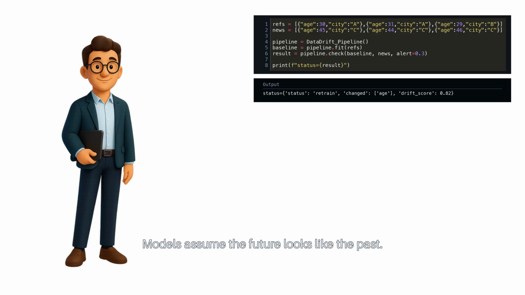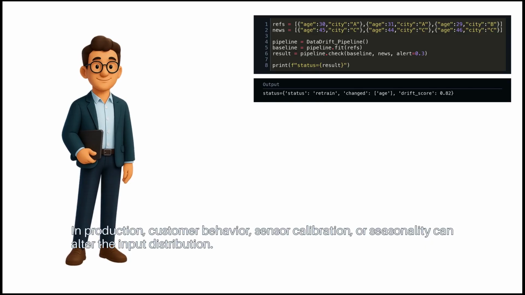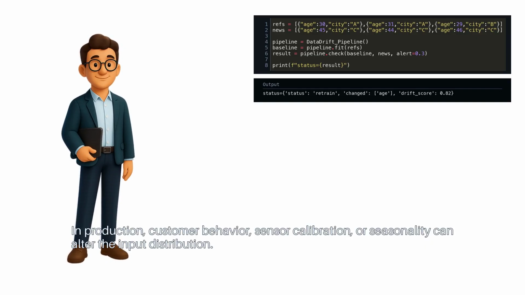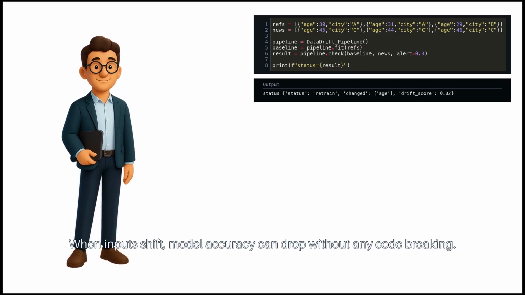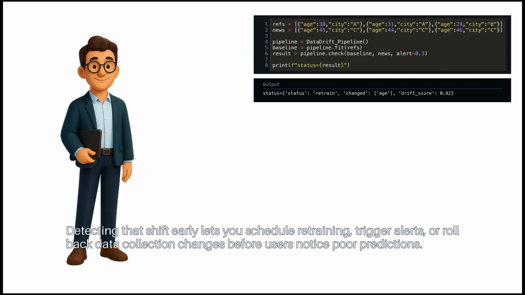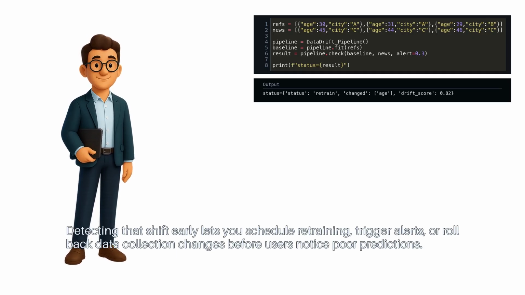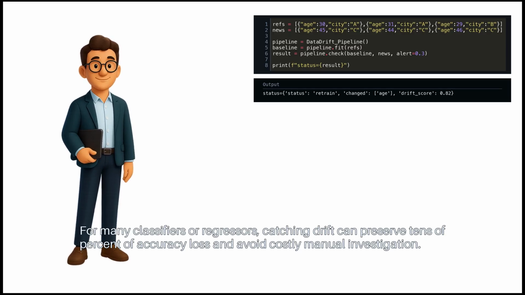Models assume the future looks like the past. That is the simple failure mode. In production, customer behavior, sensor calibration, or seasonality can alter the input distribution. When inputs shift, model accuracy can drop without any code breaking. Detecting that shift early lets you schedule retraining, trigger alerts, or roll back data collection changes before users notice poor predictions. For many classifiers or regressors, catching drift can preserve tens of percent of accuracy loss and avoid costly manual